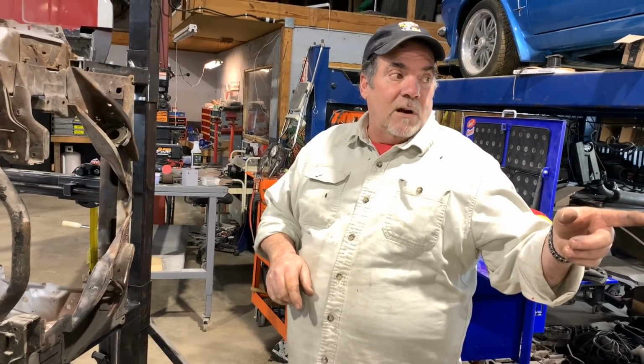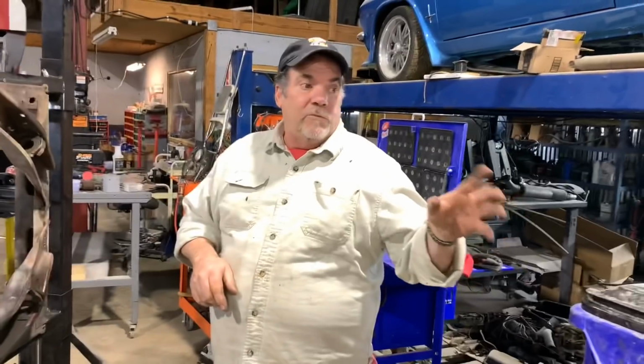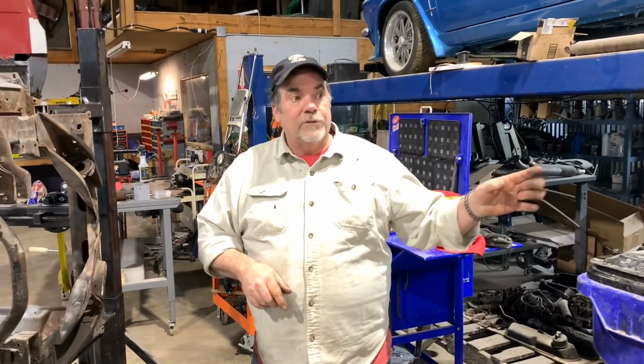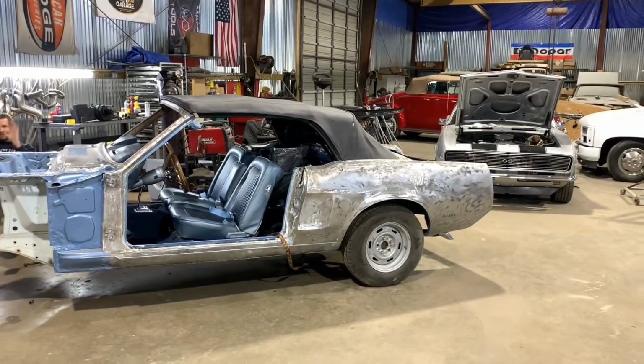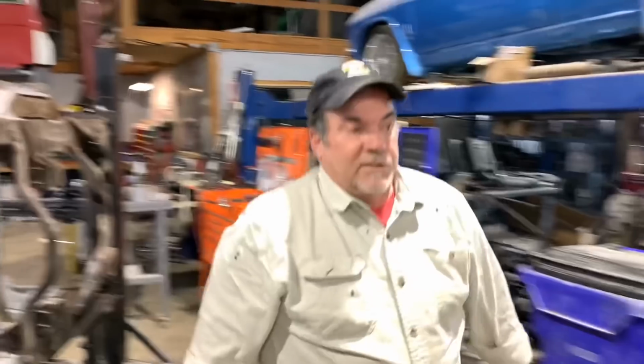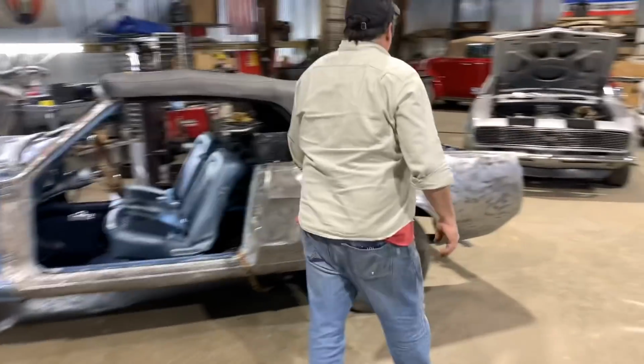Fred and Becky's car, that one's ready for media blast. We're doing from the firewall forward. You can spin around and show it. Have everybody cover your heads. We're going to media blast from the firewall forward on that car and inside the trunk, because the car's been hit at some point in its life, and we've got